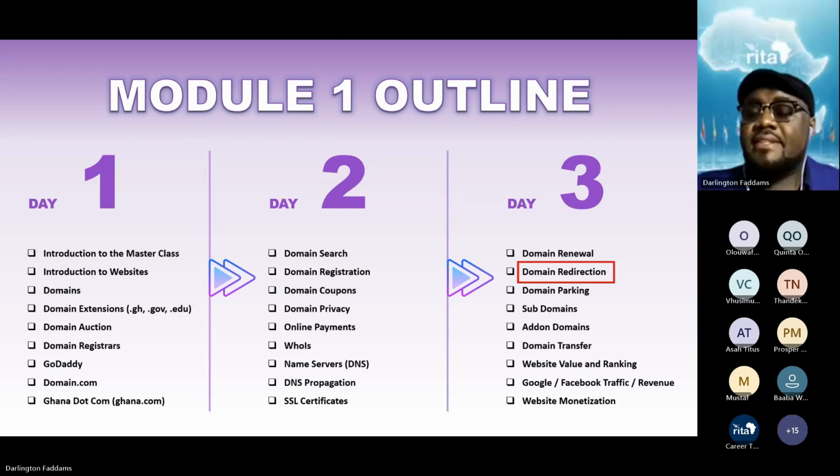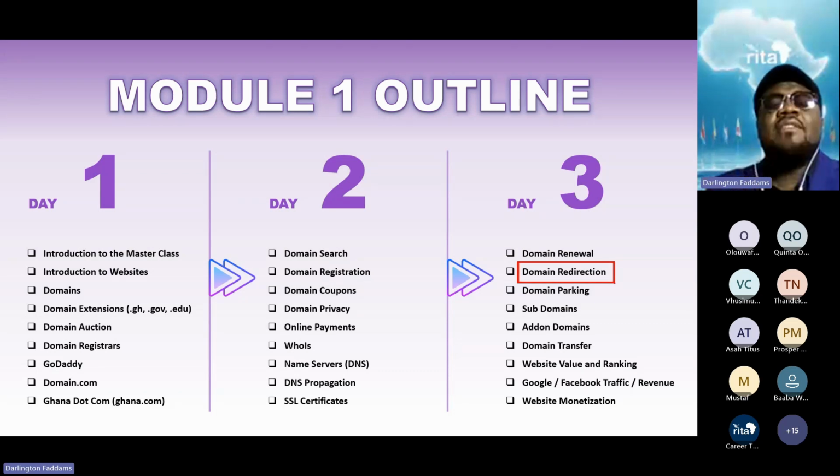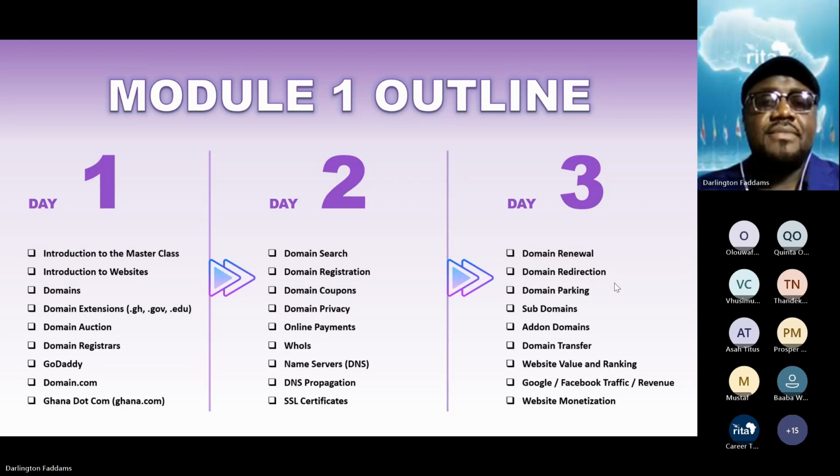This means that your intended domain can be one name, but because of the protection of your name, you can register other names that people are likely to visit by mistake, or people may want to register to impersonate your company. And when you register the other ones, because you don't want it to mislead people or give people errors, you can apply what is called domain redirection so that you can redirect them to the correct version of your name.